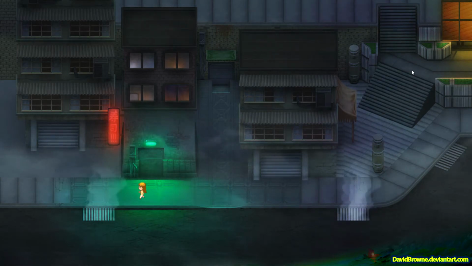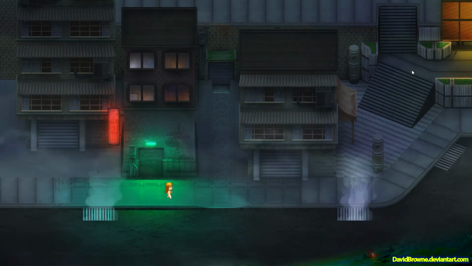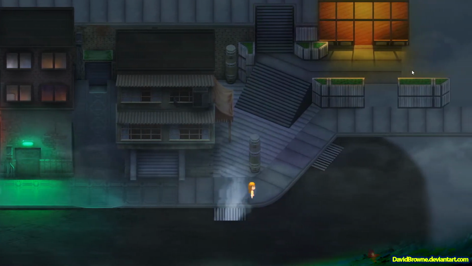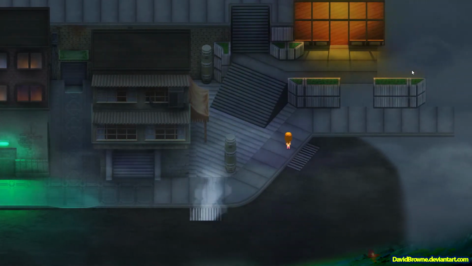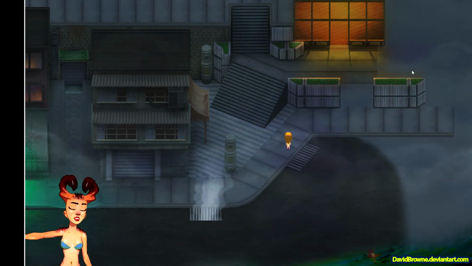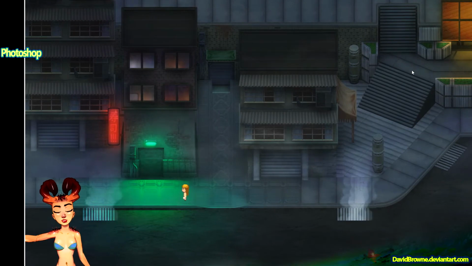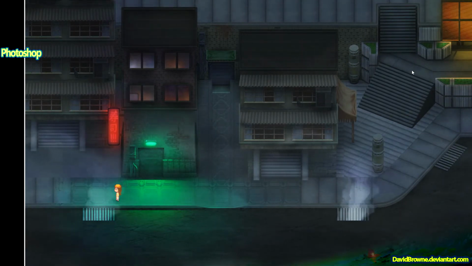Hello there. In this video, I'll be creating some of these smoke and steam effects on this map here. So we've got this fog rolling over the whole map and some steam coming out of these vents in the street. I'll be making use of Photoshop, mainly to create the rolling fog, as well as Piskel to create the